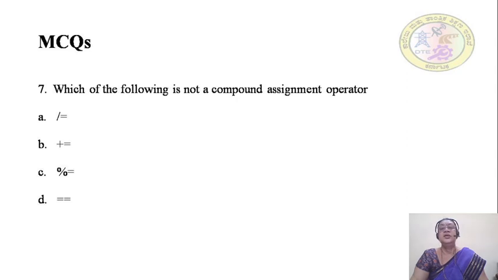Next question: which of the following is not a compound assignment operator? A slash equal to, B plus equal to, C modulus equal to, D equal to.